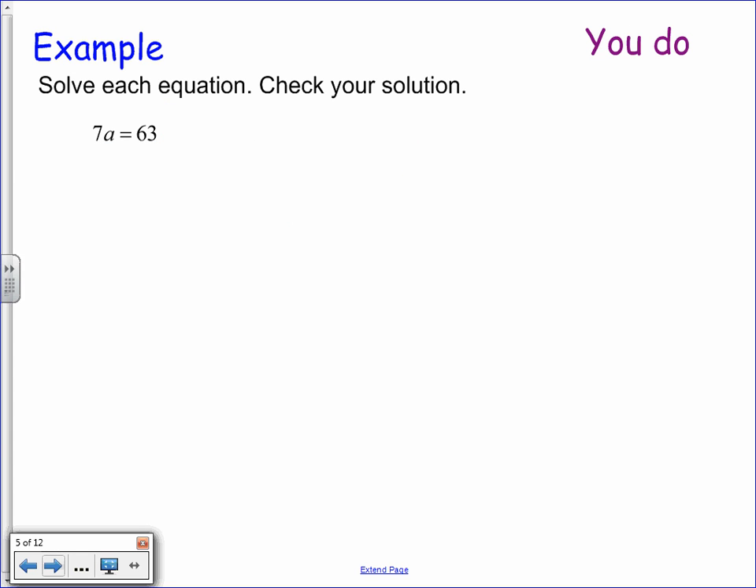Okay, now I want you to try this one. Do the best you can with it, and when you're ready for the answer, go ahead and replay me. And we divide by 7 on both sides, and a equals